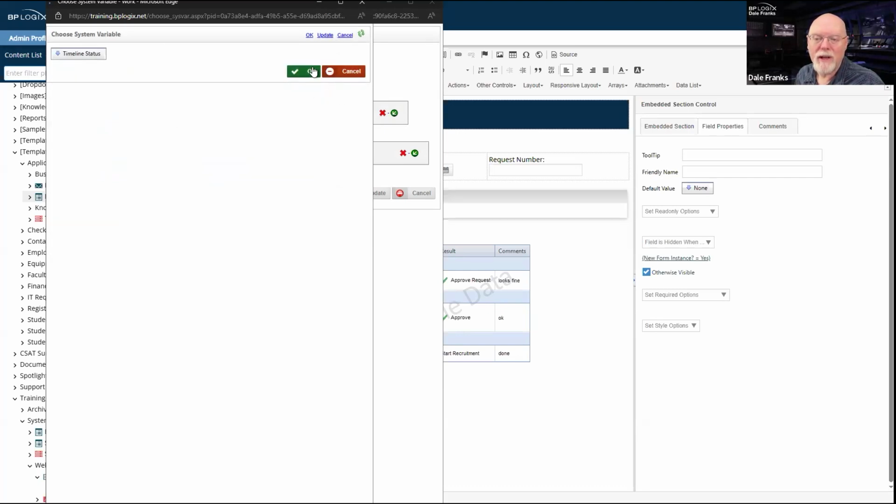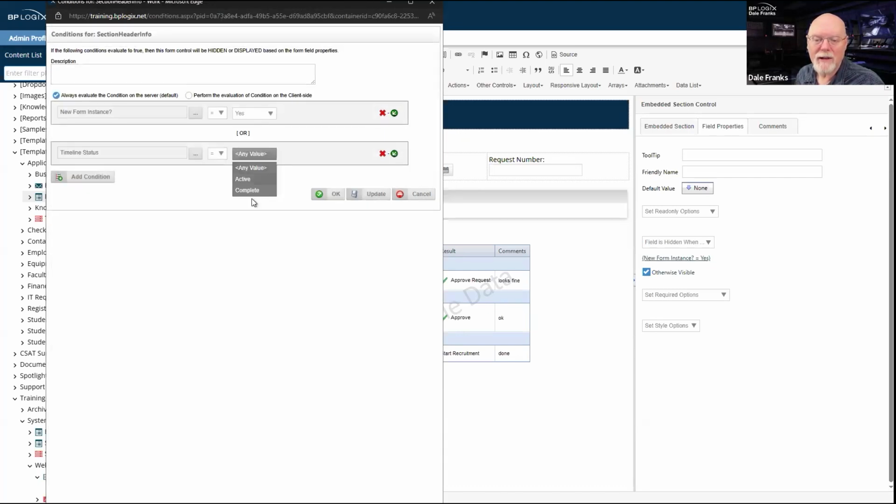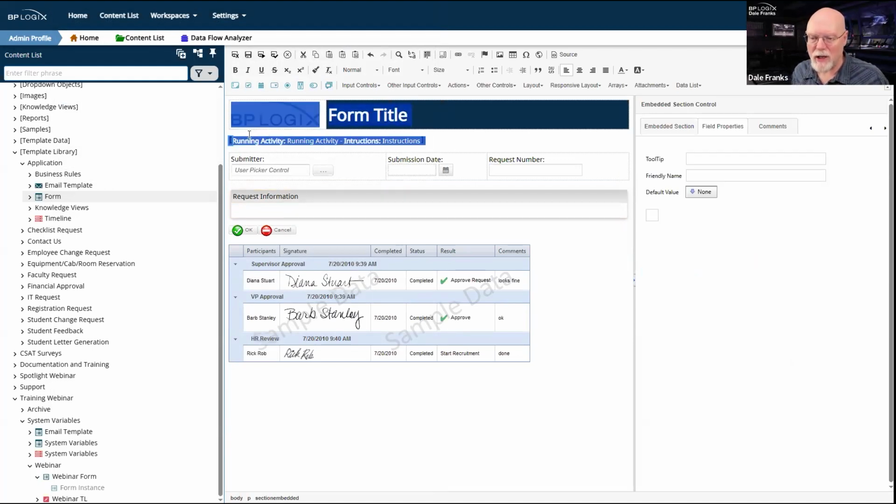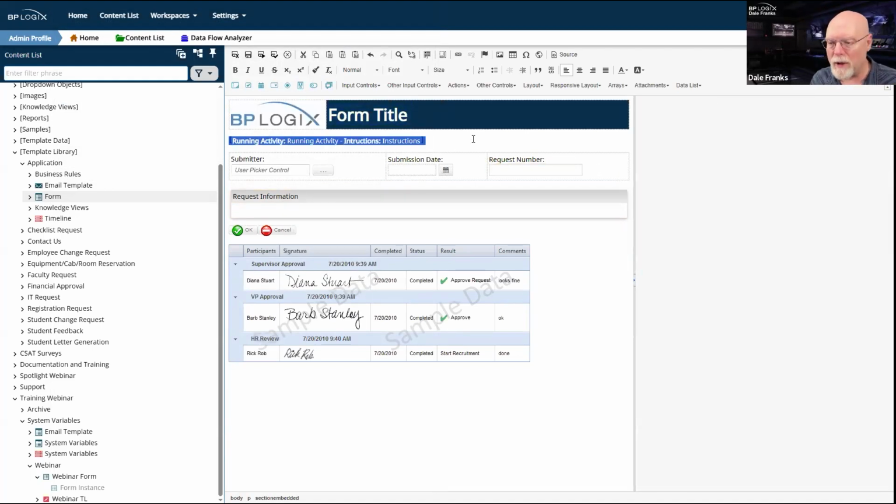So I want this hidden if the timeline status is complete. And so great. Now it's not going to be shown. This section is not going to be shown if I'm in a new form instance, and it's not going to be shown after my process timeline is complete. This all makes me very happy because it's only going to show up when I want to see it.